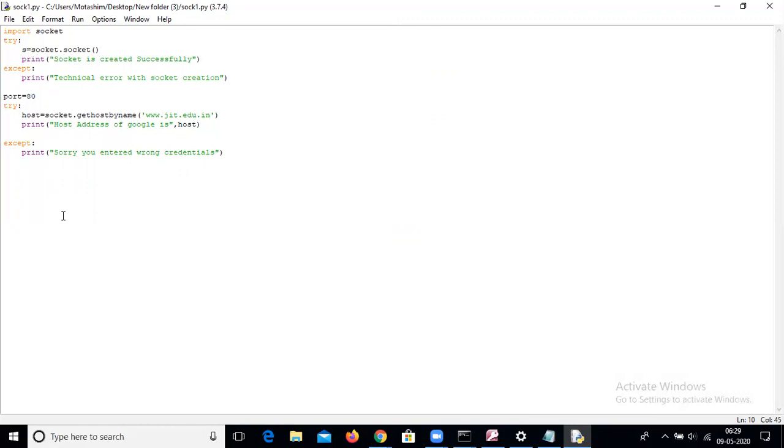The first argument is the IP family, and the second argument represents the byte stream. Second, we need the port. The default port is 80. And the third thing we need is the host. This is the basic concept of socket programming.